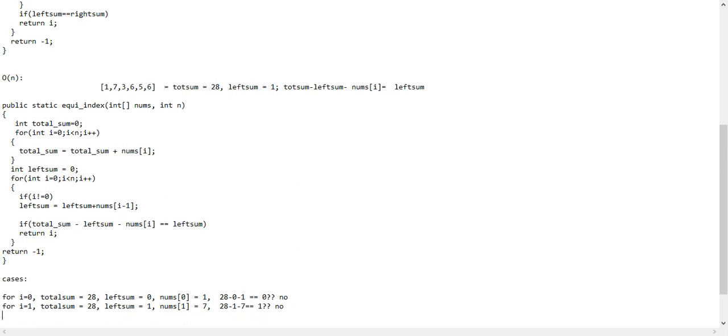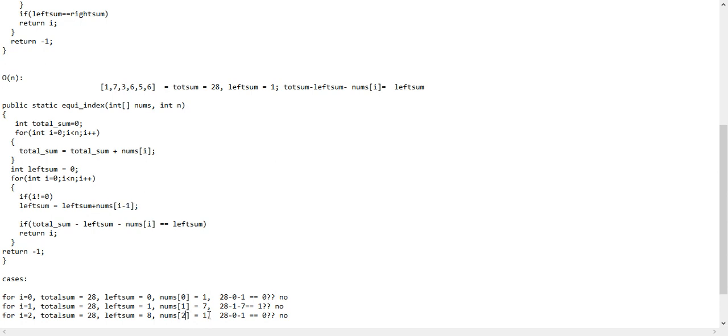Now I will do it once more for i equal to 2. Total sum is 28. Left sum will be what? For i equal to 2, 1 plus 7, so it would be 8. Where did this 1 come from? The previous value of left sum. Where does the 7 come from? Because the current position of i is at 2 and what is at 1? 7, because we are taking plus i minus 1, that is one element before.